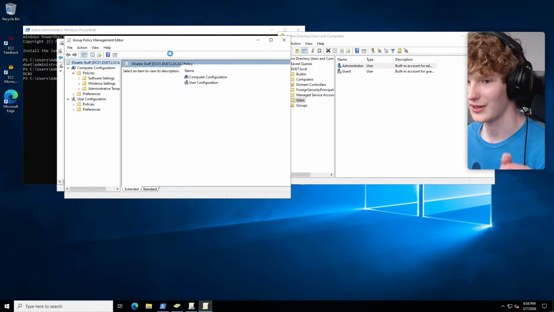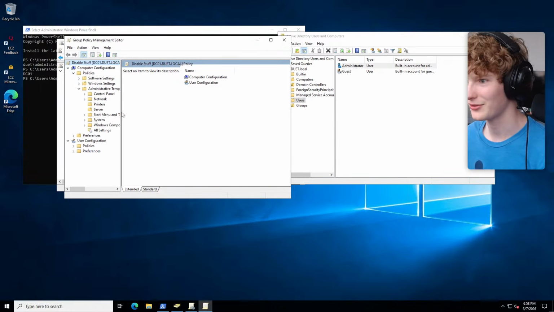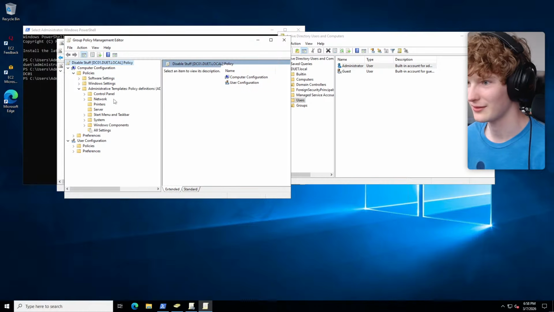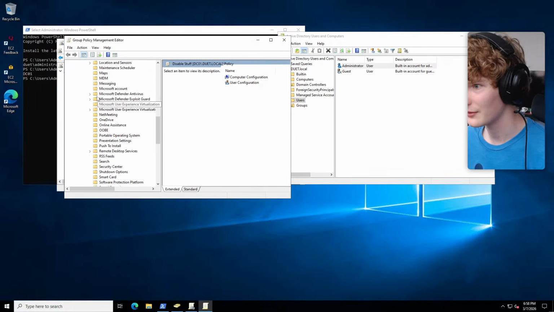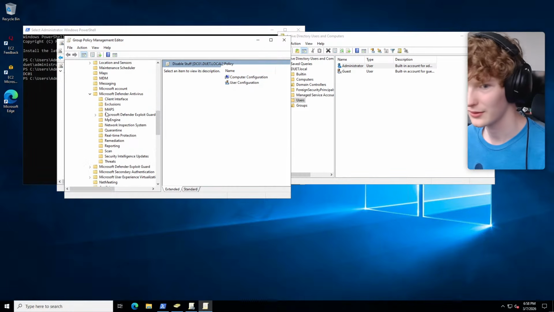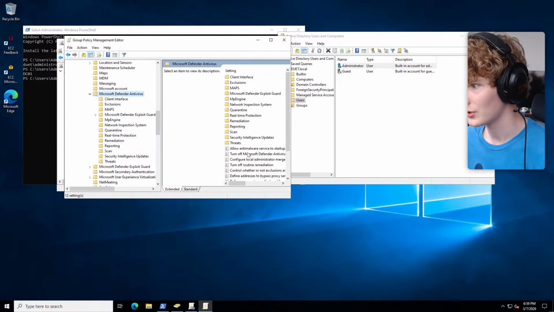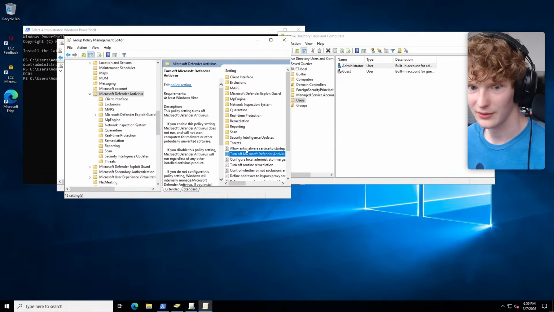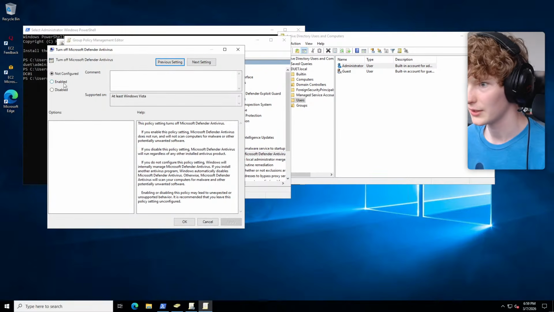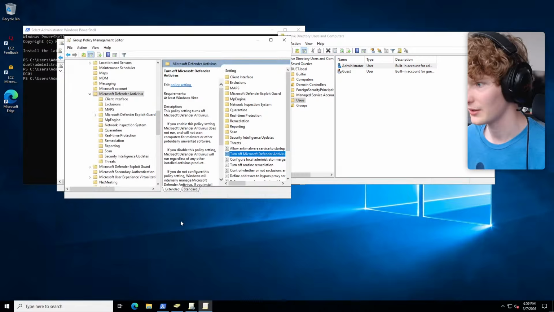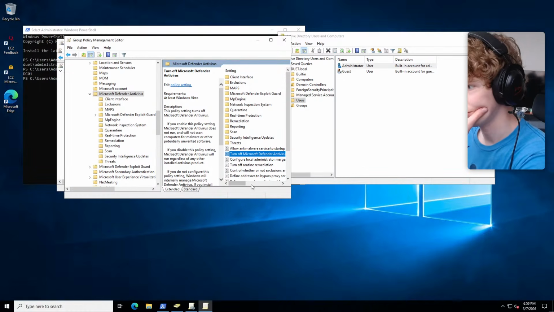I'm looking over to the side here because I do have notes on this because I've done it before and it kind of gets convoluted. So I want to make sure I'm doing this right. Windows components, Microsoft Defender antivirus. Turn off Microsoft Defender antivirus. Enabled. Apply.